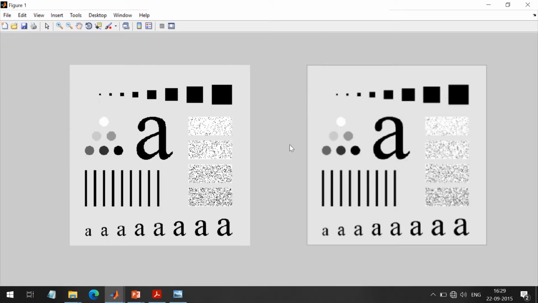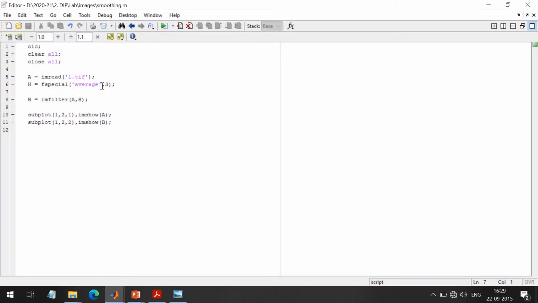Now as you can see, as we have used zero padding, can you see a dark boundary around the output image? That's the effect of the zero padding, because of the zeros in the padded part. It will be more visible when we use a larger mask. So now I am using a 7x7 mask.